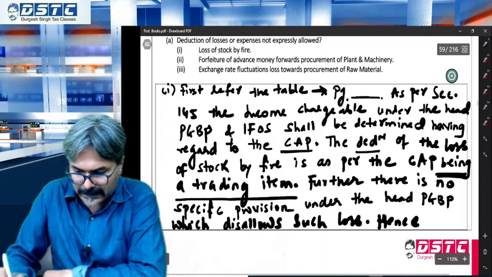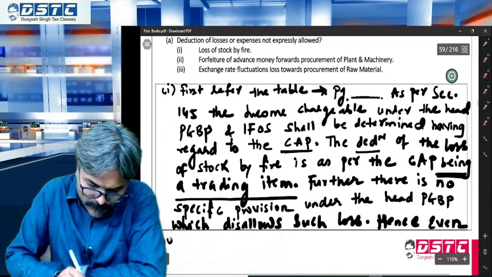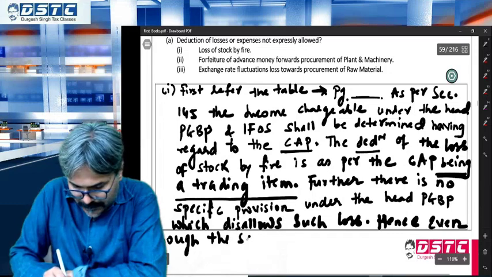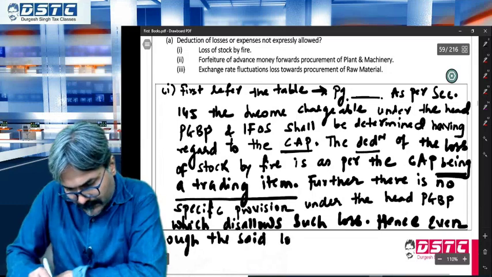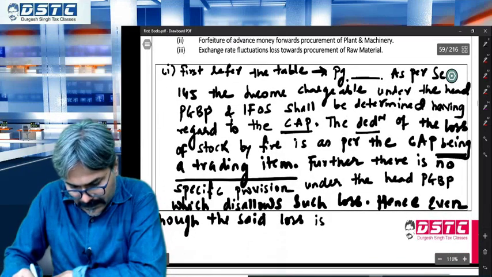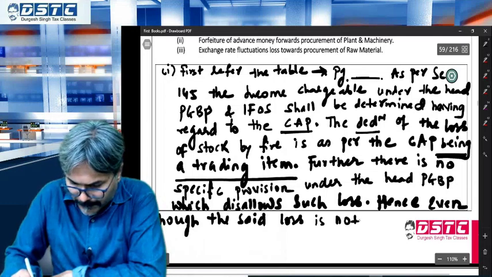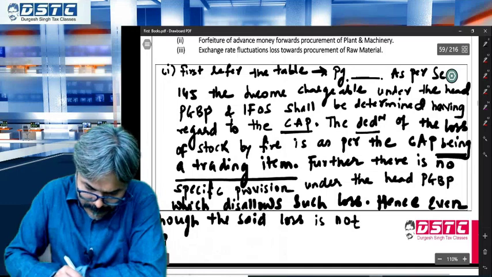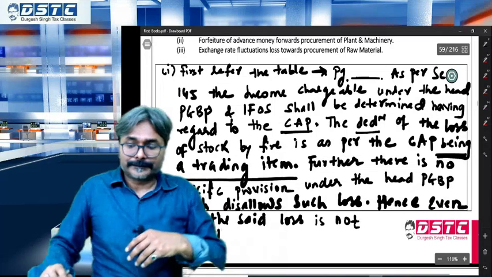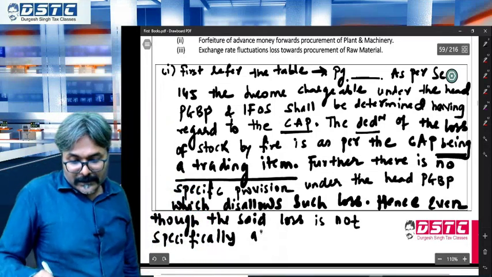Hence, even though the said loss is not specifically allowed,